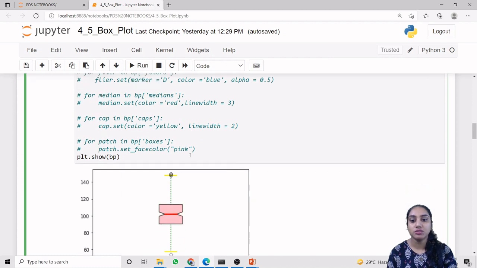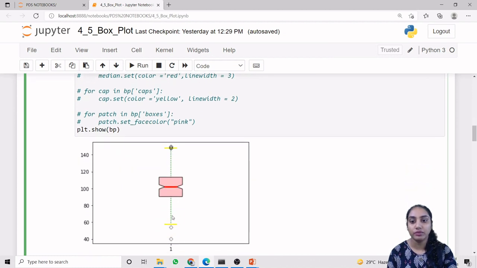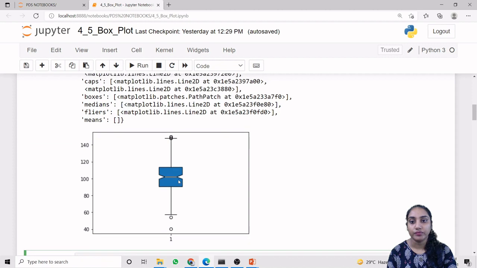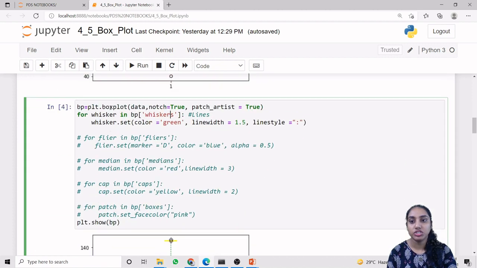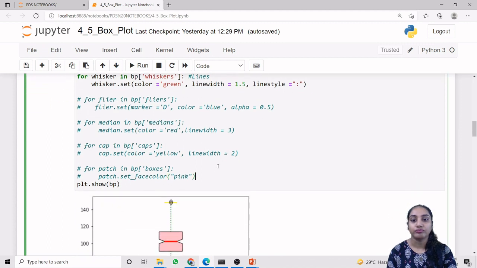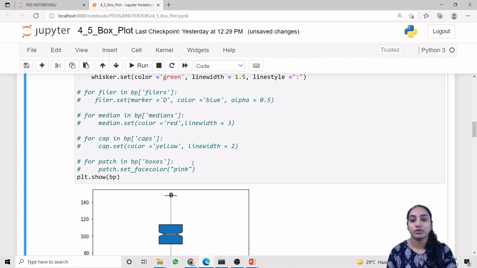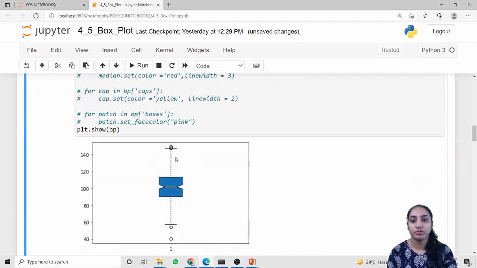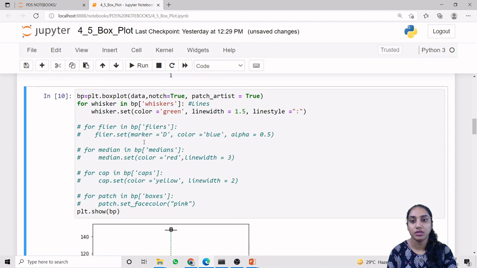Now what do whiskers mean? This particular line is called a whisker. So we are changing our whisker color to green, line width equal to 1.5 and line style equal to double dot. So this is the output, your whiskers with the green color.